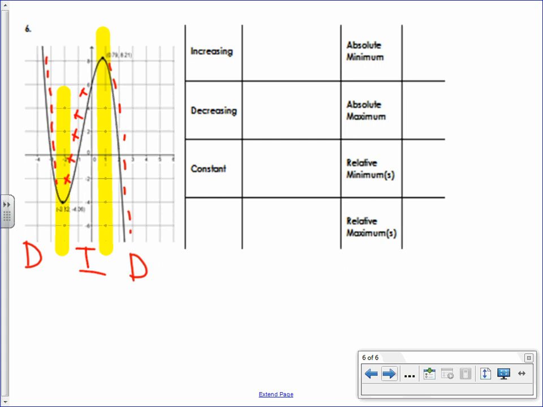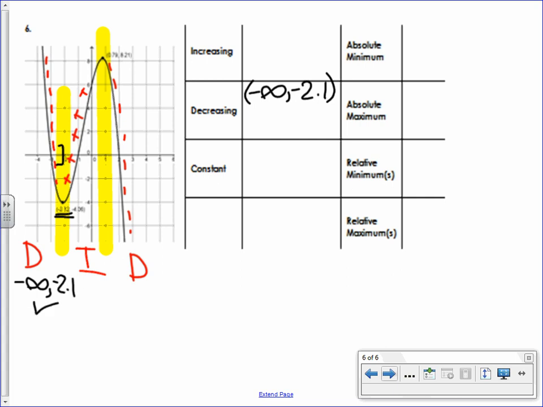So let's do our decrease first. My first interval of decrease comes from way out to the left, and then it's going to stop at my x value right here, which if I look down here, it gives it to me. That's going to be about -2.1, I would guess. And then it stops. Oh, I'm so sorry, I screwed that up. Where does it start decreasing from? It starts decreasing from negative infinity to -2.1. I'm sorry about that. Okay, so that's